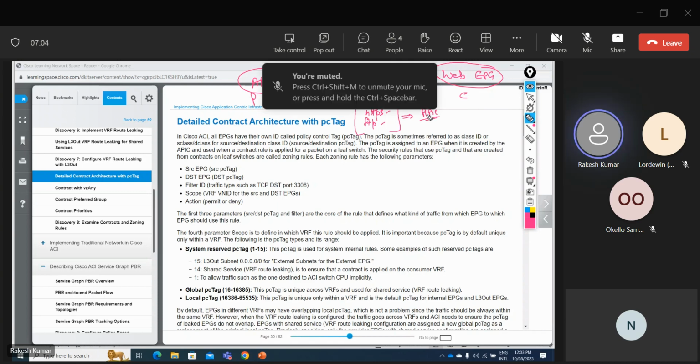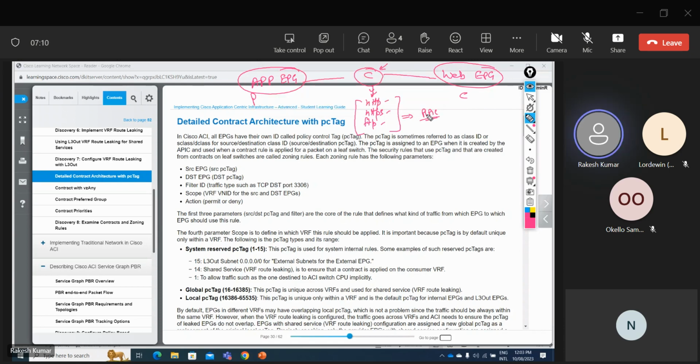Definition. The PC tag is assigned to an EPG when it is created by the APIC. So whenever you are creating an EPG, one unique ID is assigned to that EPG. And that ID is known as basically what? PC tag,